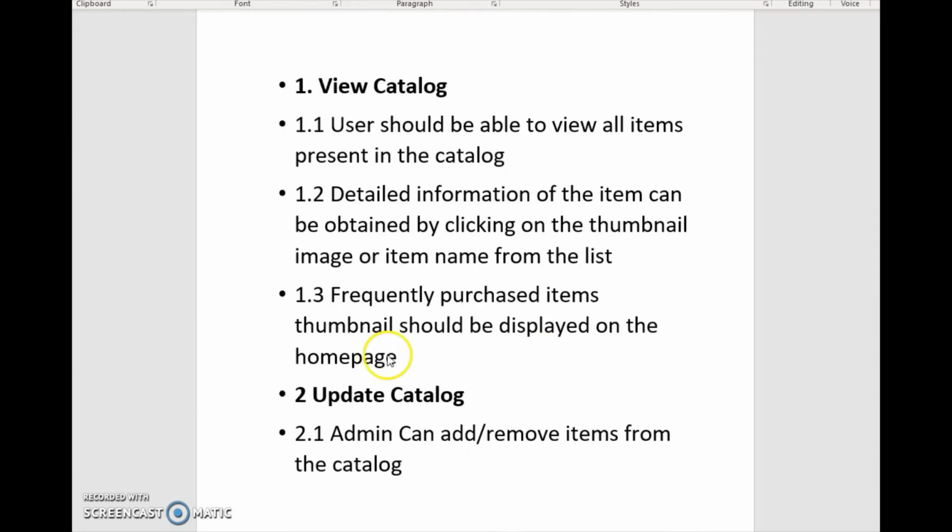Similarly, there are going to be a number of issues whenever you get an SRS, whichever designer might have created it. But nobody is perfect. There have to be some issues. We need to rectify those issues, right? So this is what the verification process is. Now I'll tell you how to actually note down those issues.